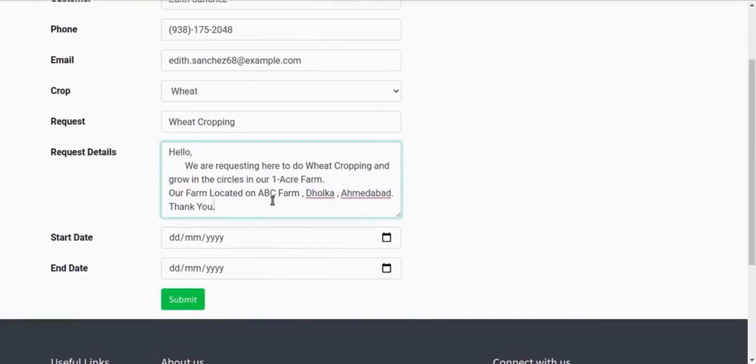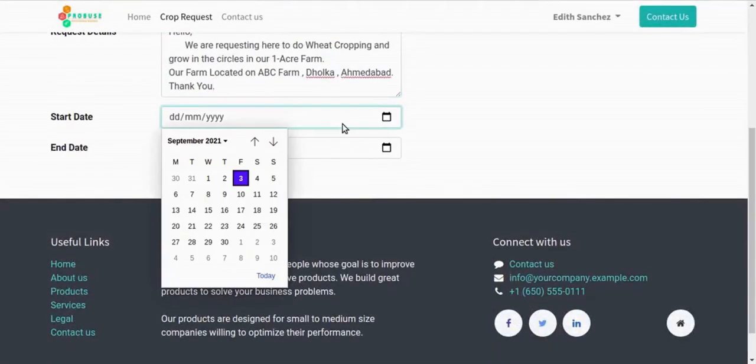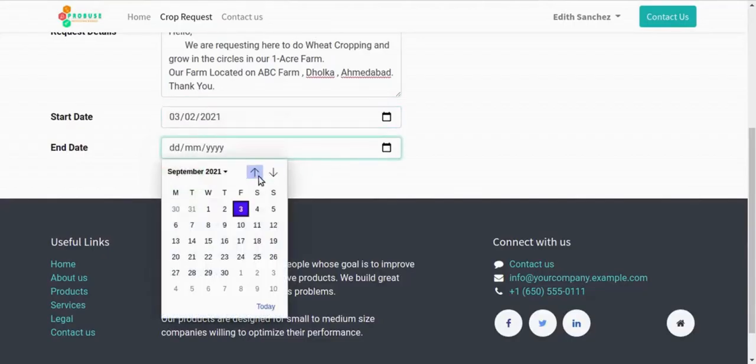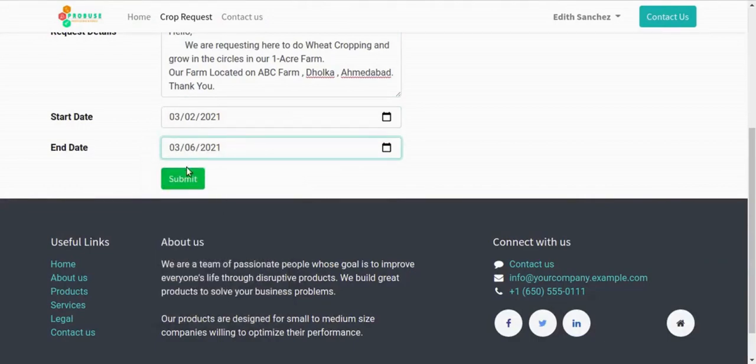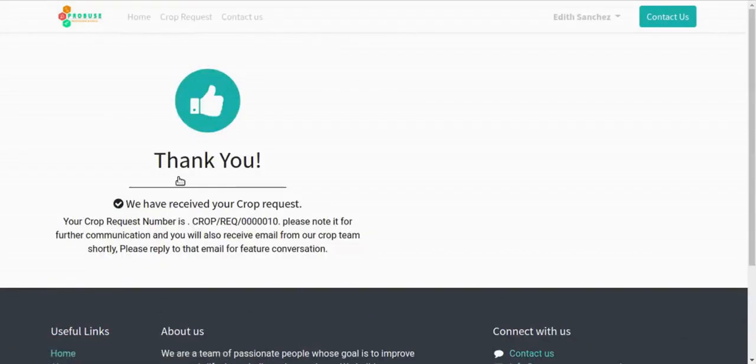Now we can enter the start date. We have selected the start date here and end date. And after the submit form, we see the acknowledge form with the message we have received your crop request, with crop request number on the website. So here you can see acknowledge form view